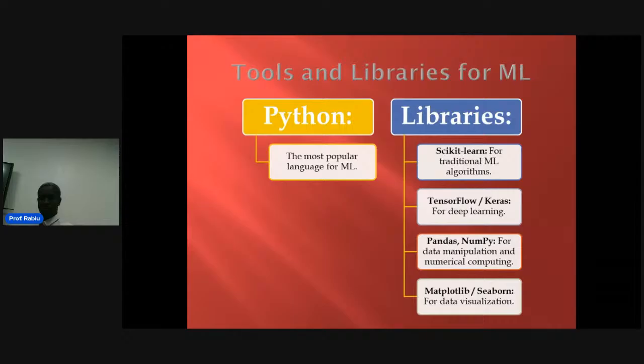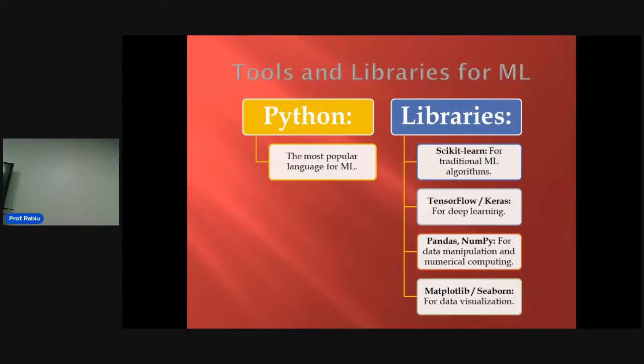The tools and the libraries for machine learning, the commonly used is Python. Python is a good tool to write an algorithm for machine learning because it's easy, it's instruction based. And machine learning is based on instruction, right? Giving instruction and telling it what to do, and it learns and it does it. Python is one of the languages, most popular for AI. We have many others like JSON and all that, but most of the people like Python. Okay. Libraries, we have different types of library for traditional machine learning algorithms.